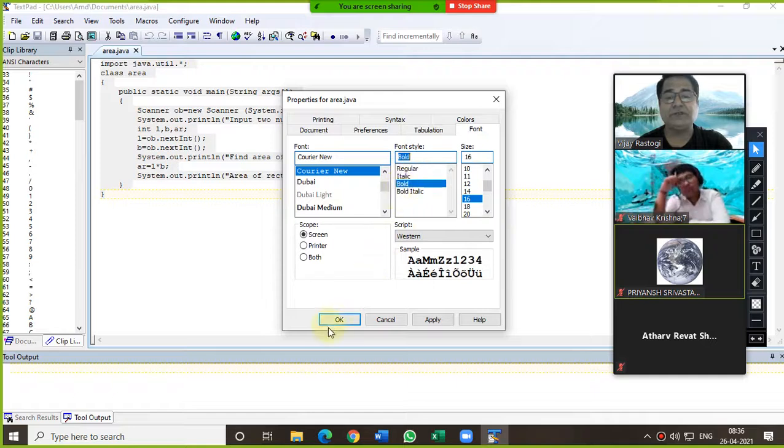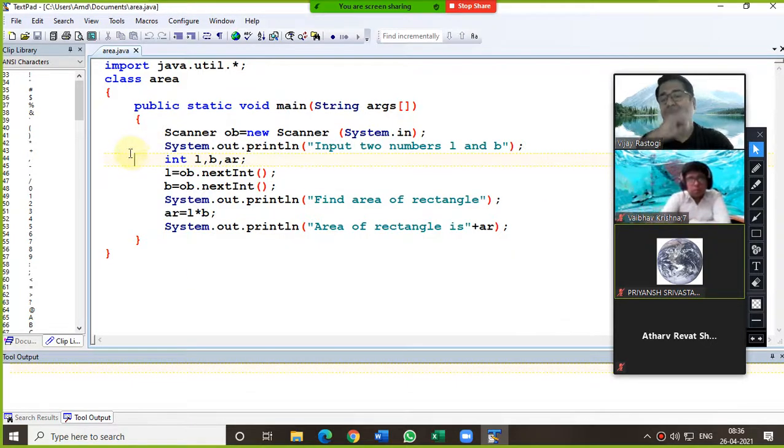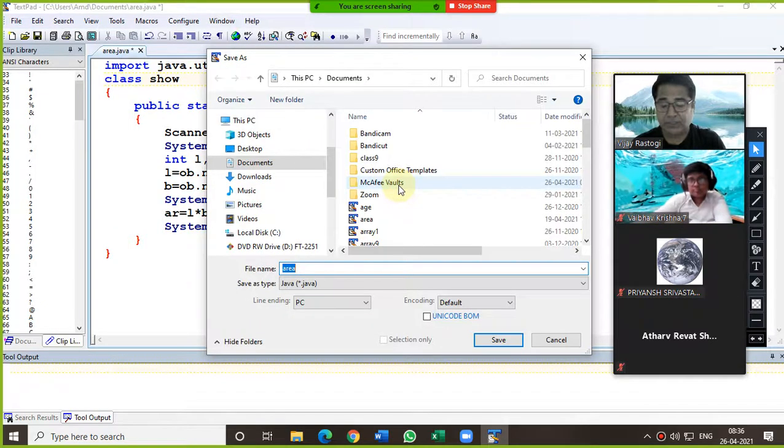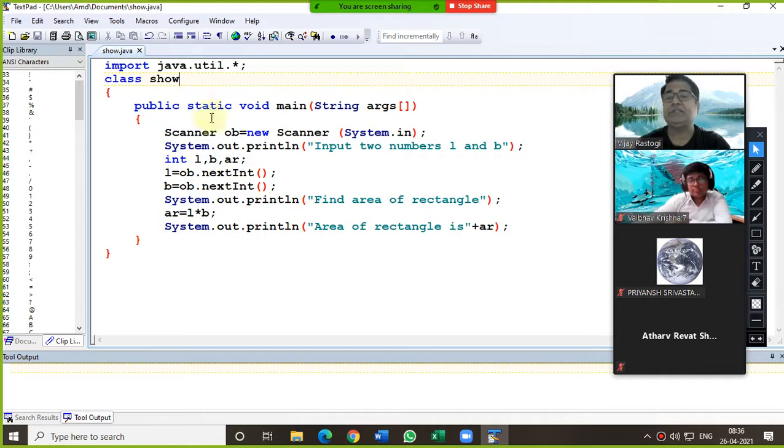As you know, my question was to enter two numbers and print the addition, subtraction and multiplication of the two numbers, right? This time, in this program, we are going to take input from the keyboard. Again, I am using the first line as import java.util.*. Then the class name I have used is Show, then public static, then Scanner. After that, we are inputting two numbers, right? Those two numbers we can store in A and B, and then product.